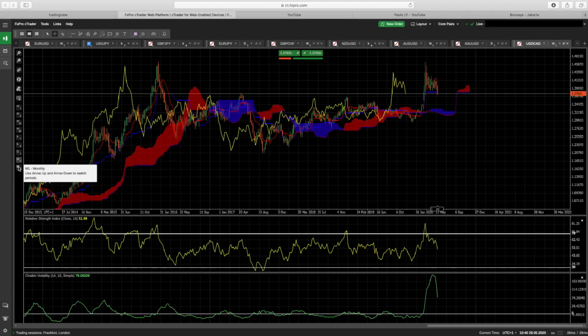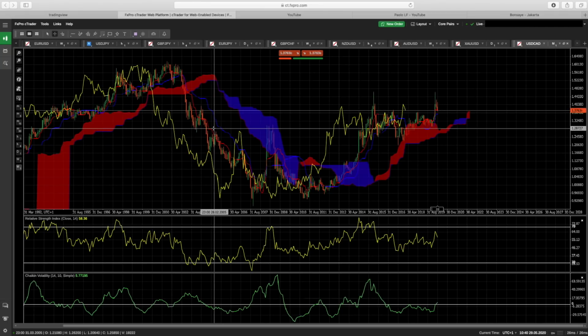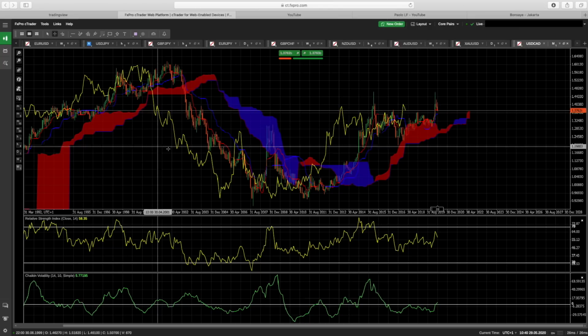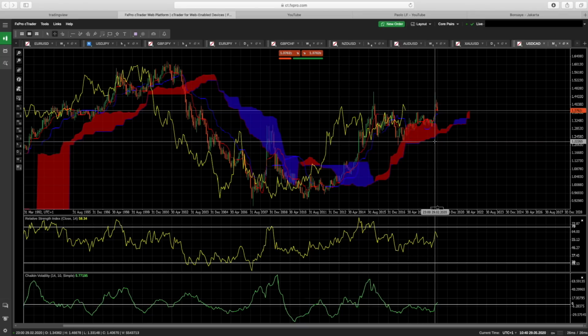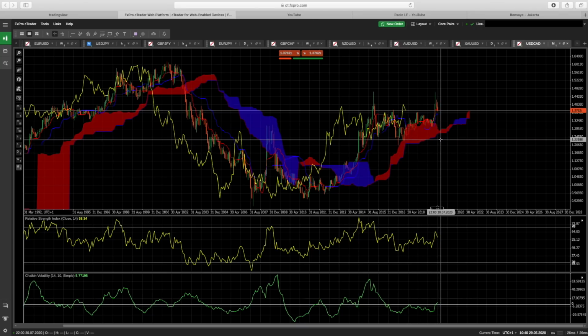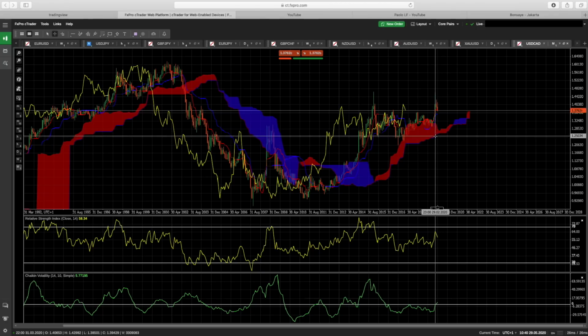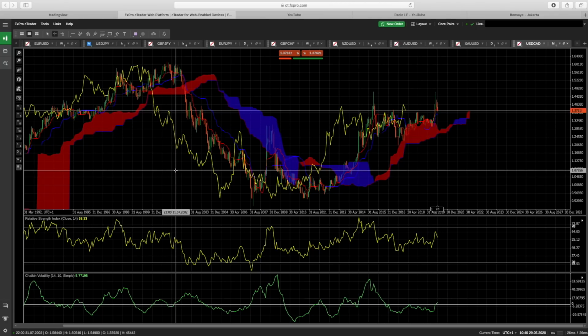So if we just jump up quickly again to the monthly to have a look, if we drop a level, we did say that a good support level looking at the weekly would be around the 128, the 129. So I'm looking at a strong pullback down here towards the 119, the 120 level. But as I said, this is one of the pairs that I'm not currently looking at,